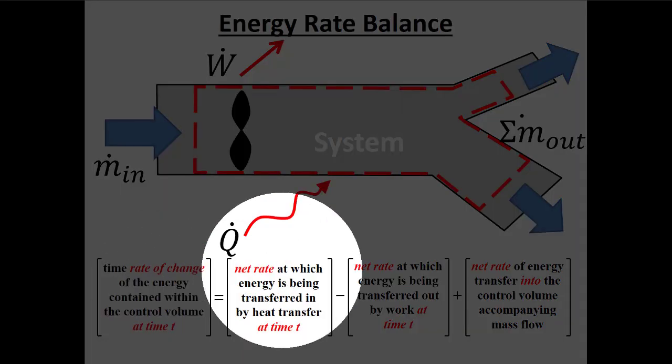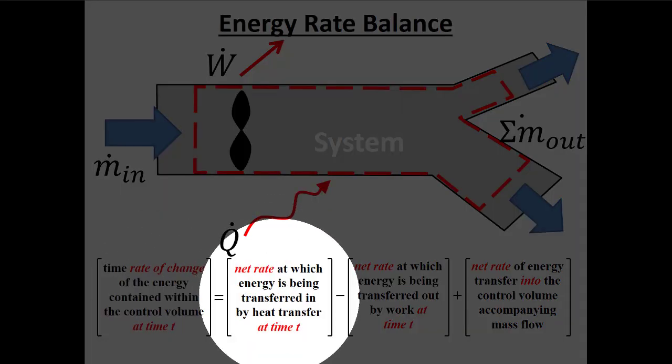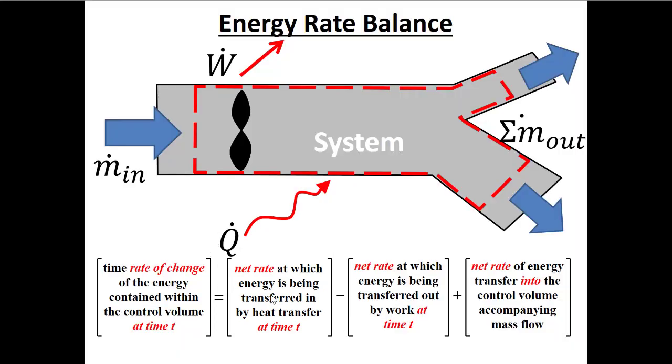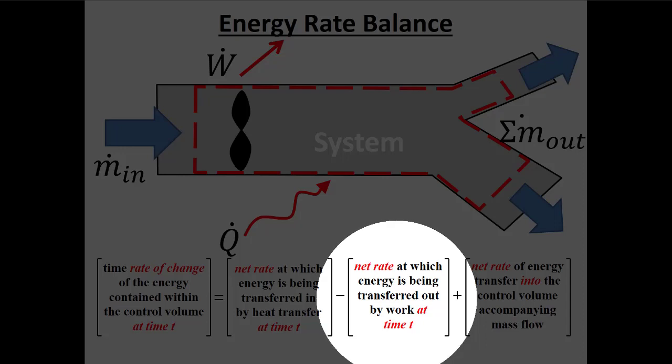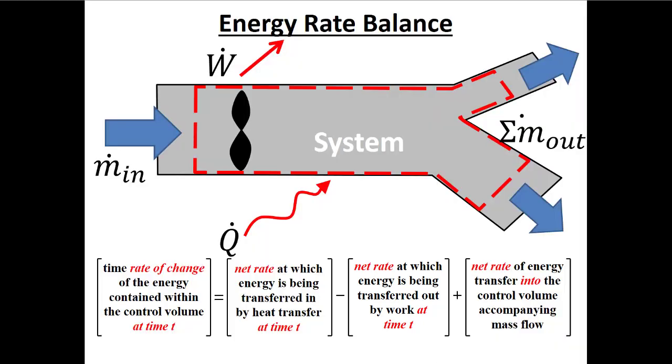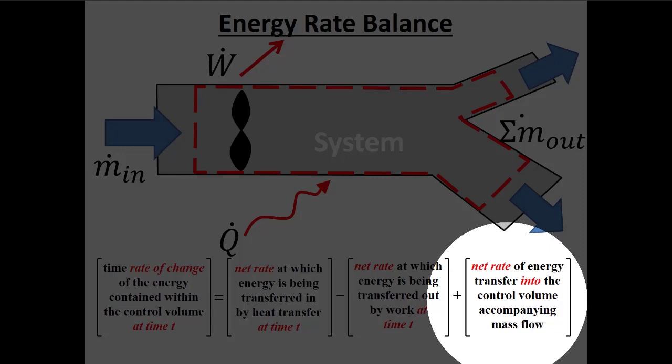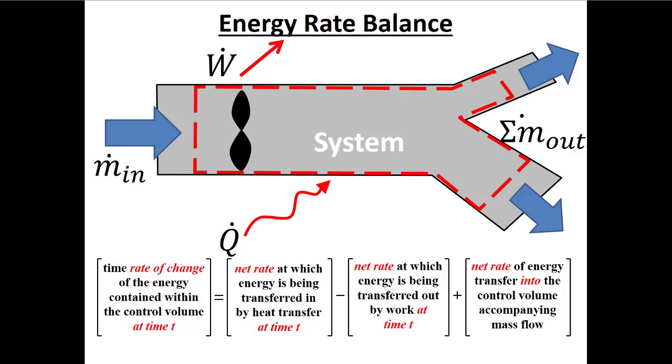So here, now we have the net rate at which energy is being transferred in by heat transfer. This is Q dot. The net rate at which energy is being transferred out by work at some particular time, right? Because this is a rate equation. So all of these are instantaneous rates. And then we have the net rate of energy transfer into the system accompanied by the mass flow. So we take the energy coming in with the mass minus the energy going out with the mass,